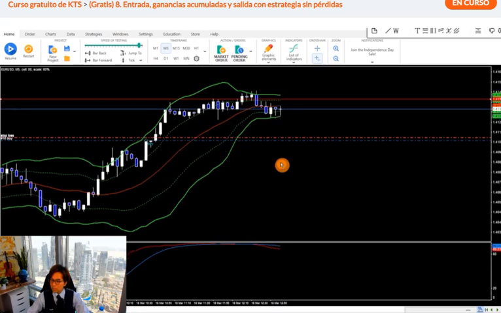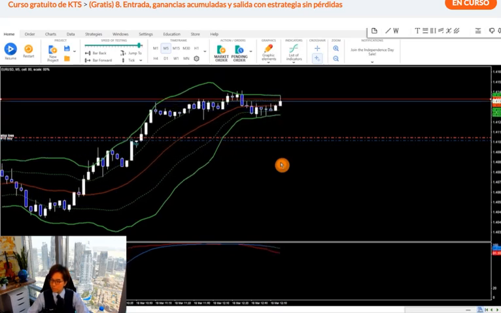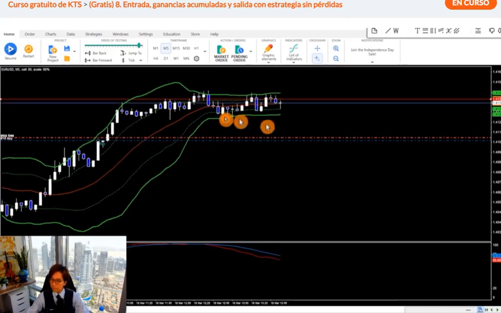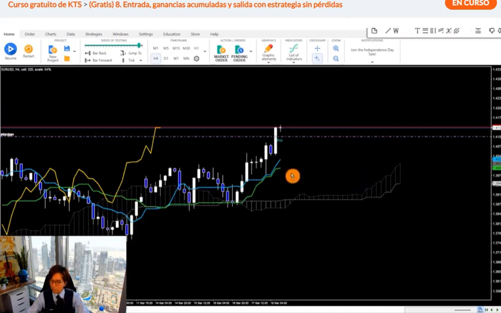Okay, initially it retraces. Let's see if it breaks. Okay, this time it's ranging, and let me check the 4 hour. 4 hour is still up. You can see that the Senkou Span A is up, and Kijun-sen angle is up also. So buyers are still dominant over sellers. So I don't exit in this case. I keep holding